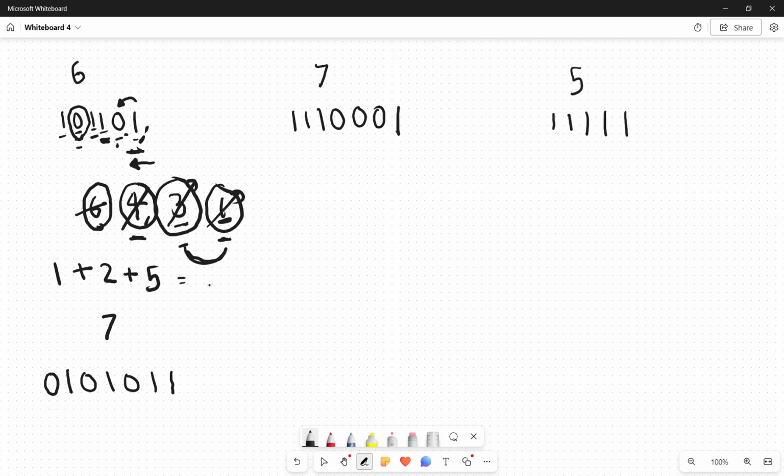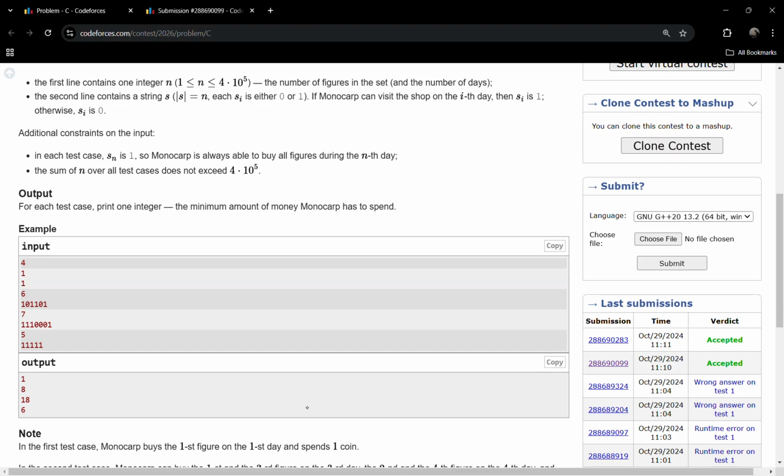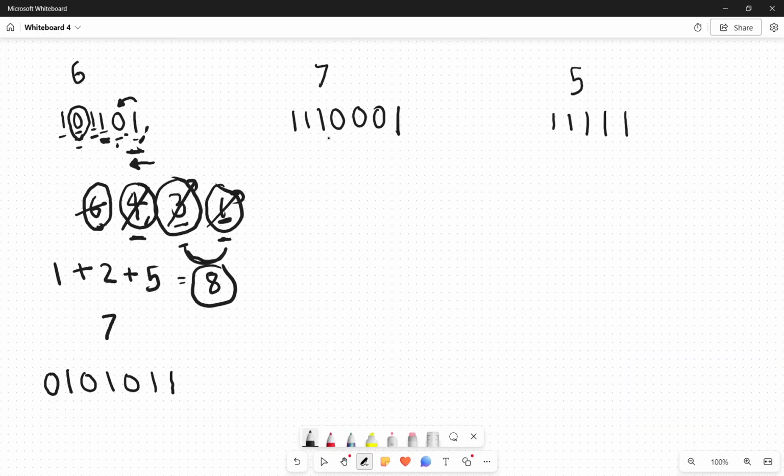So, the answer for this test case should be 8. Is it true? Yes, indeed, it is true. Similarly, we'll perform the same action on this string. For this one, we can get a discount from this 0. So the answer will be 6 plus this 5 plus 4